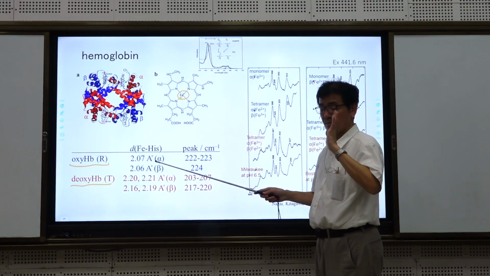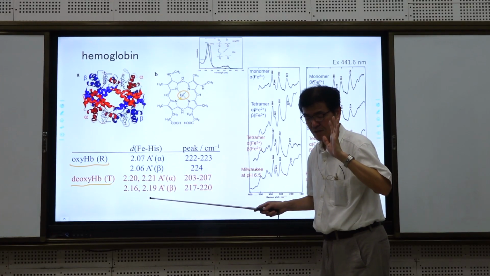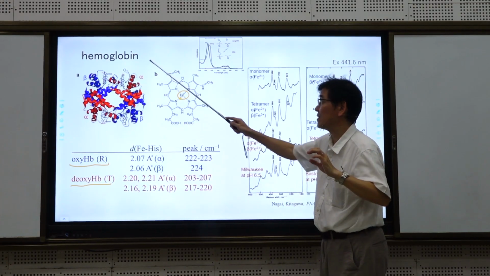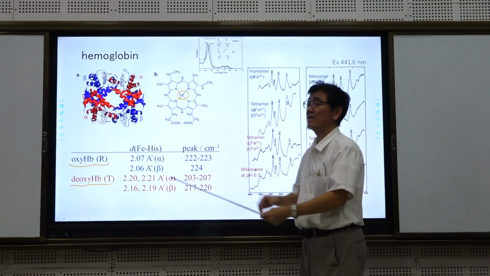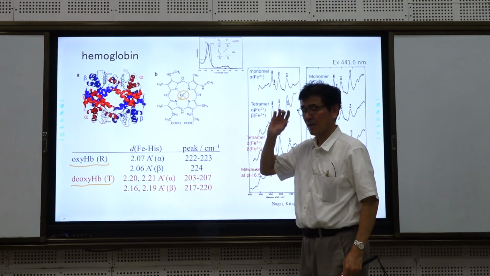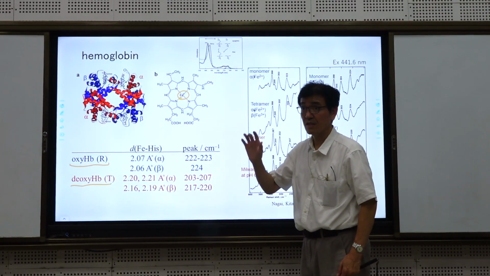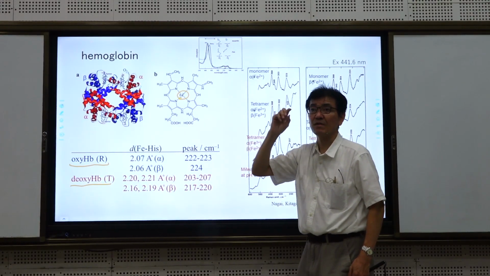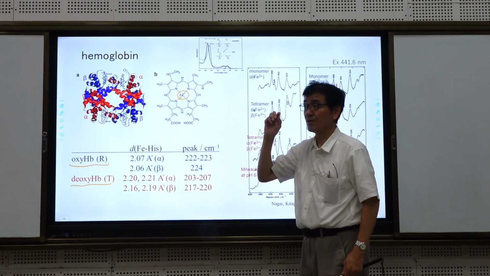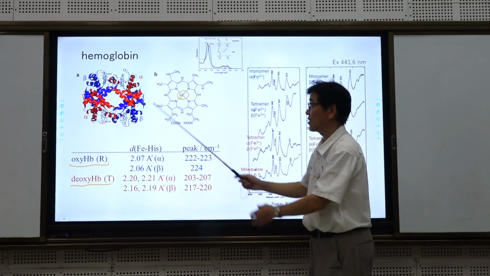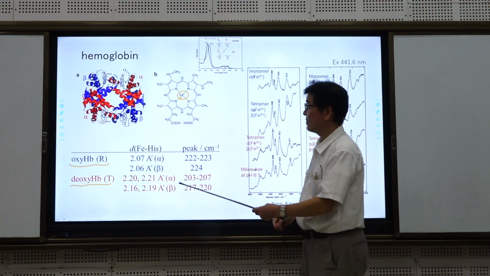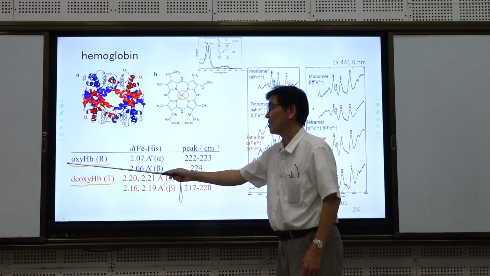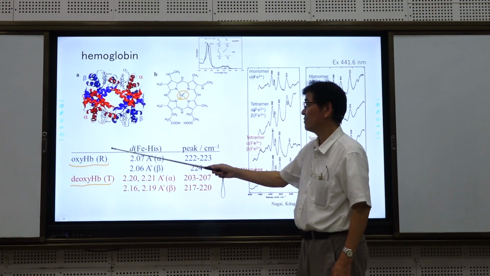X-ray crystallography is a powerful method to determine the X, Y, Z coordinate of each atom. So if they can prepare a crystal and apply X-ray crystallography, it's possible to determine the geometrical structure of the protein. Then, based on X-ray crystallography, in the oxyhemoglobin,